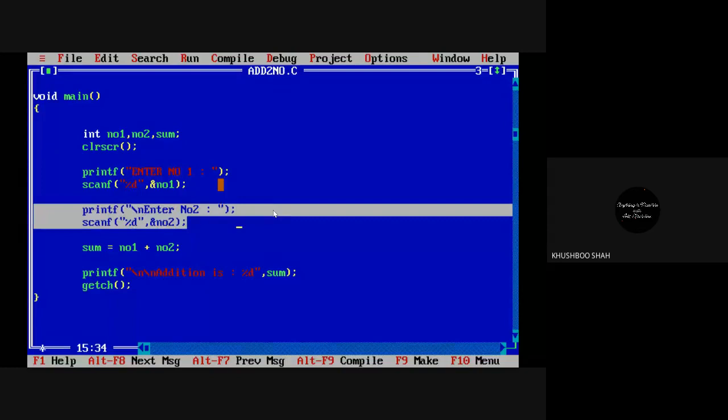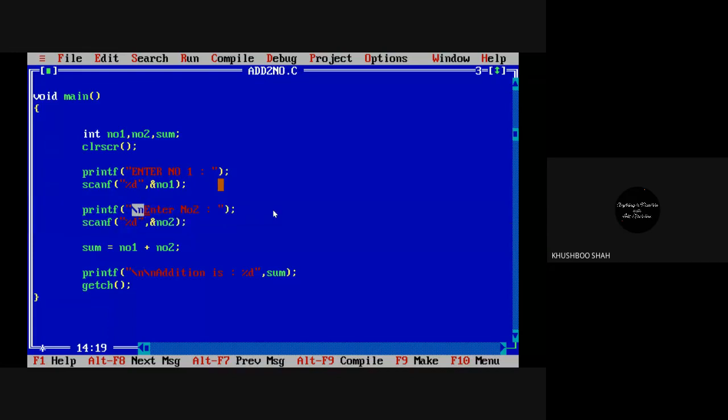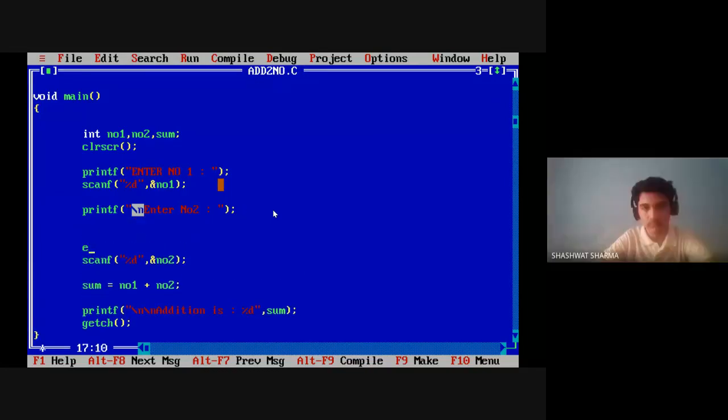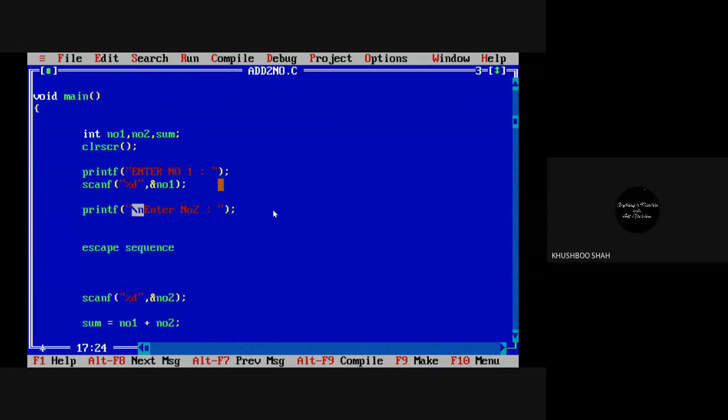Okay, so both these statements are similar: enter number 1, enter number 2. The only difference is here I have used this \n. \n is nothing but an escape sequence. We have many escape sequences like \n, then \t, then \b. We'll see how to use them and where to use them.